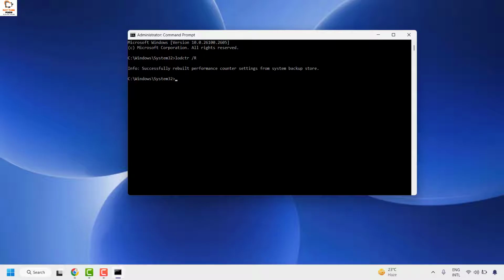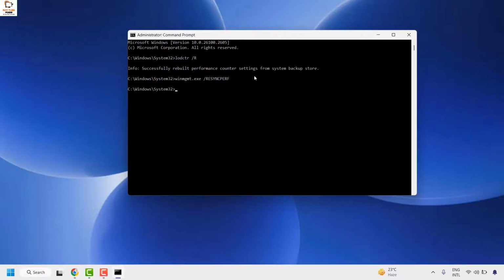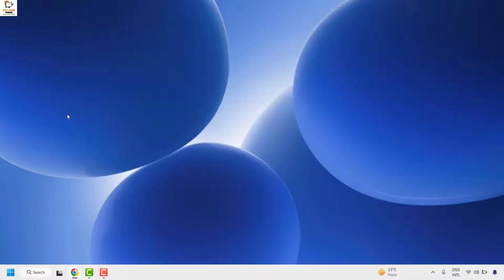Once you get this message, you will have to go ahead and execute another command. You can copy and paste the command from the video description. You can do a right click and type the command winmgmt.exe space /resync, which is a command to resync your Windows Management Instrumentation. Hit enter. Once these commands have been successfully executed, you may go ahead and close this window, restart your computer,